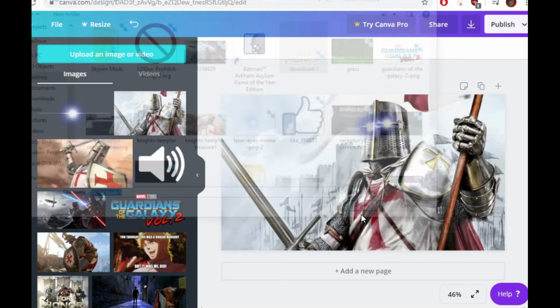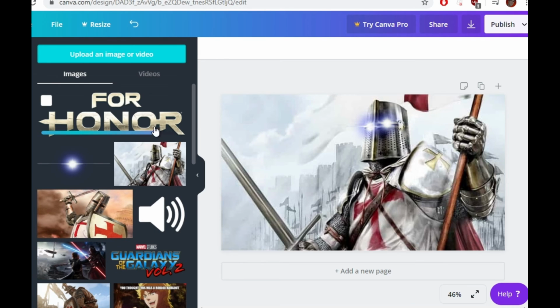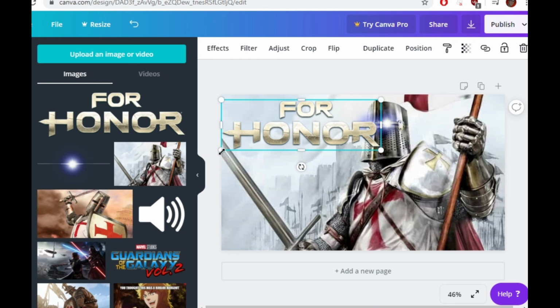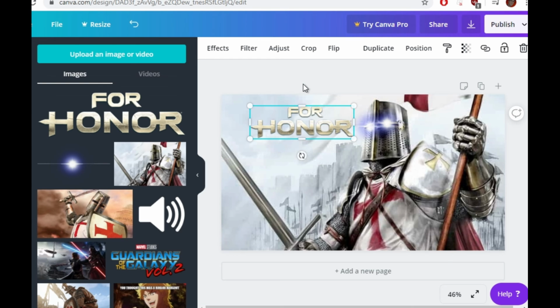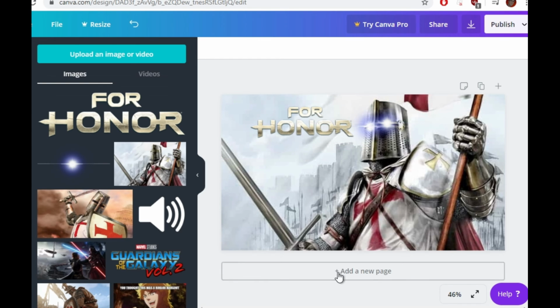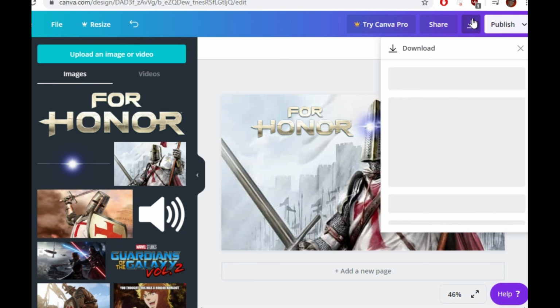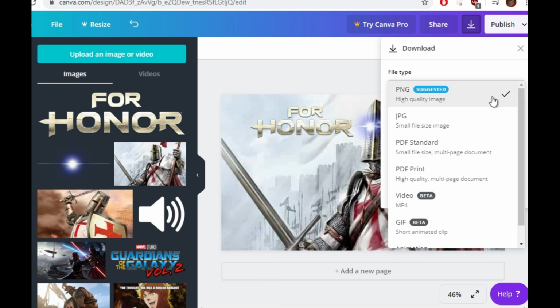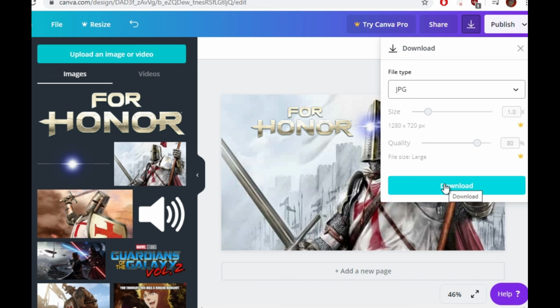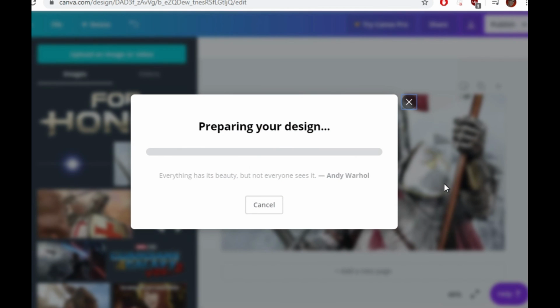Next, yeah, just do the same thing with the For Honor logo, and yeah, it's pretty simple. All you have to do is find images you want, and yeah, resize it, put it where you want, and now yeah, you can push save right here at the top, and make sure it's a JPEG, because that's just how YouTube wants it, and then push download,